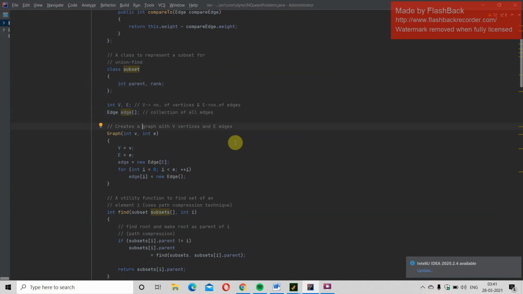Create a graph with V vertices and E edges by defining a graph function. Invoke V and E inside the graph function as integer data type. Set the V and E to capital V and E and declare a new object edge using the new keyword.